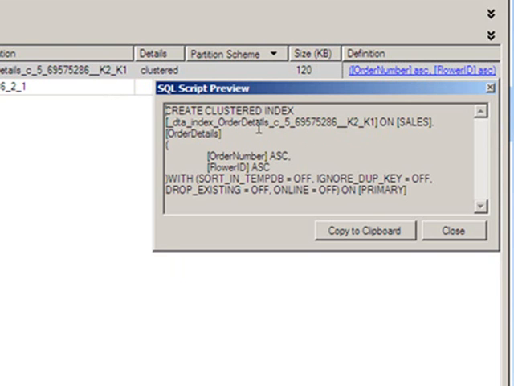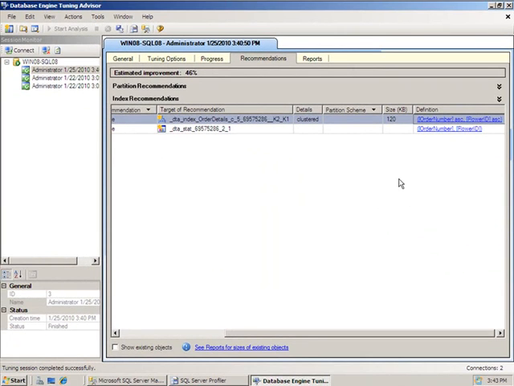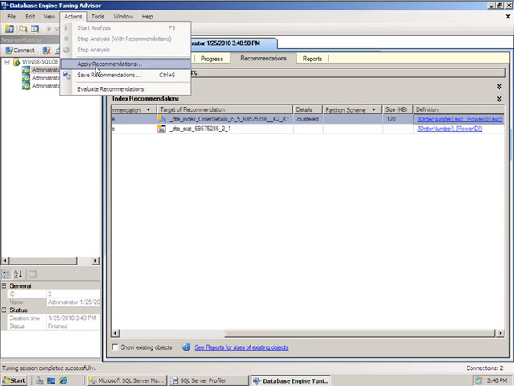And I want to point out these names. It's creating a new index. Index number underscore DAT underscore index underscore order details underscore C underscore yada yada yada yada, right? Not the most user-friendly name. So you might want to consider copying this to the clipboard, modifying the name, and running it yourself manually. If you don't really care, it's not that important, you could just run this directly from here, which is really cool. So you don't have to do anything other than tell it under actions, apply recommendations to add those two